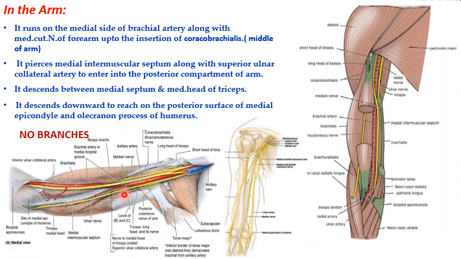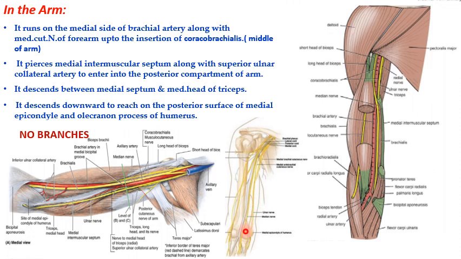So here in the middle of the arm, the ulnar nerve and the medial cutaneous nerve of forearm, they both separate from the brachial artery, while the medial cutaneous nerve of the arm, it pierces the deep fascia and becomes cutaneous, runs in